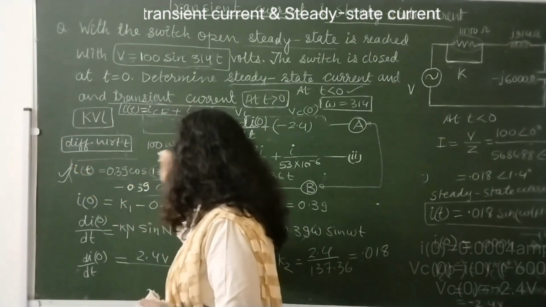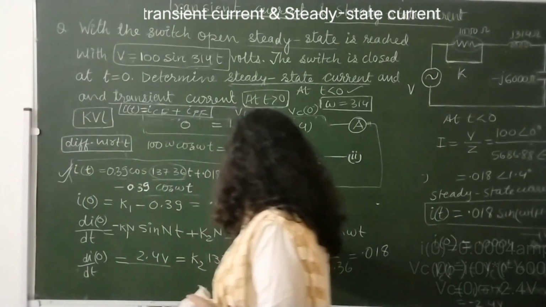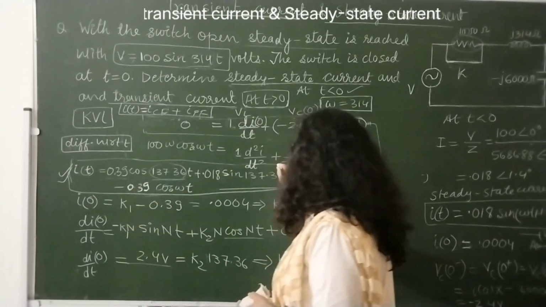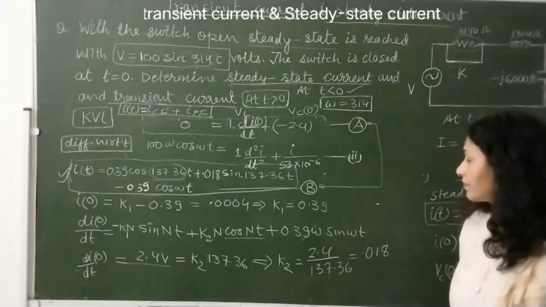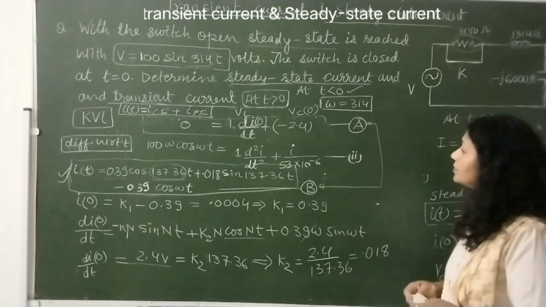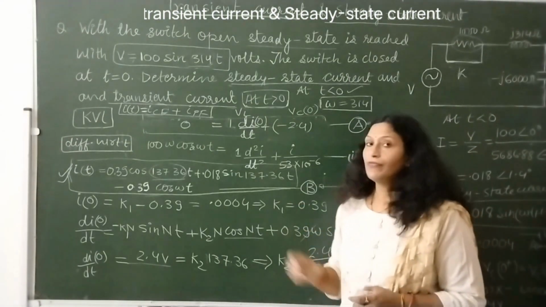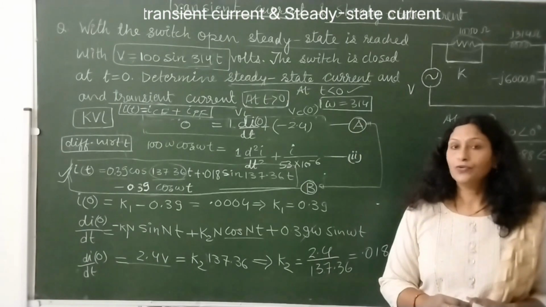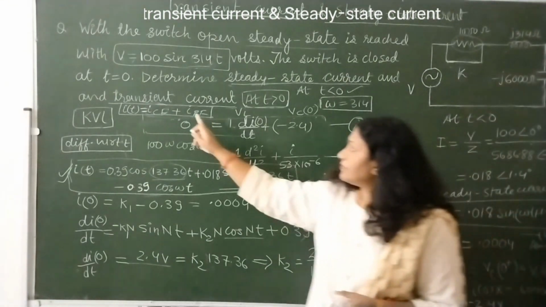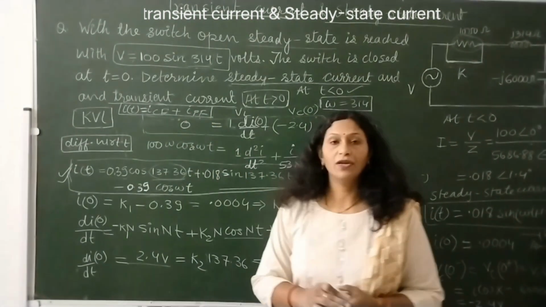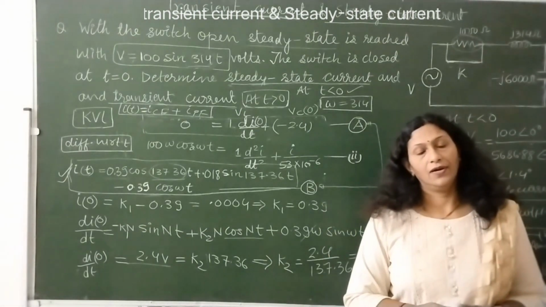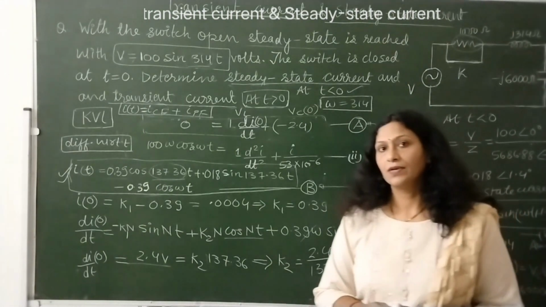This is our complete solution, okay, of the given circuit. Okay, so this is the way to find the transient current in any AC circuit using the complementary function and particular function of the current,